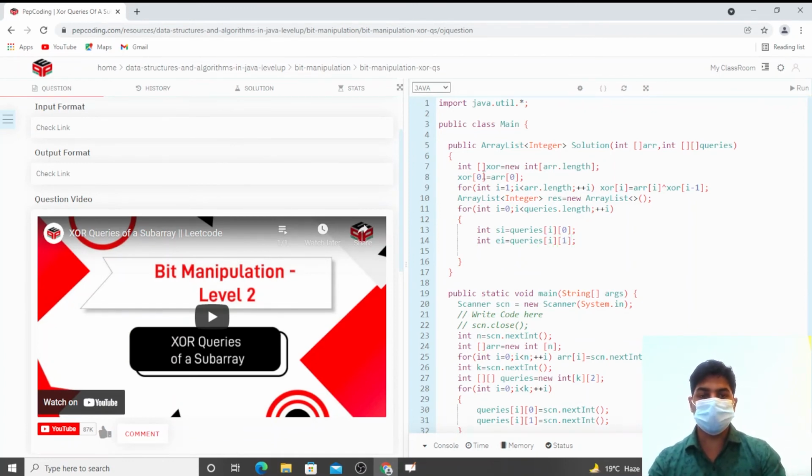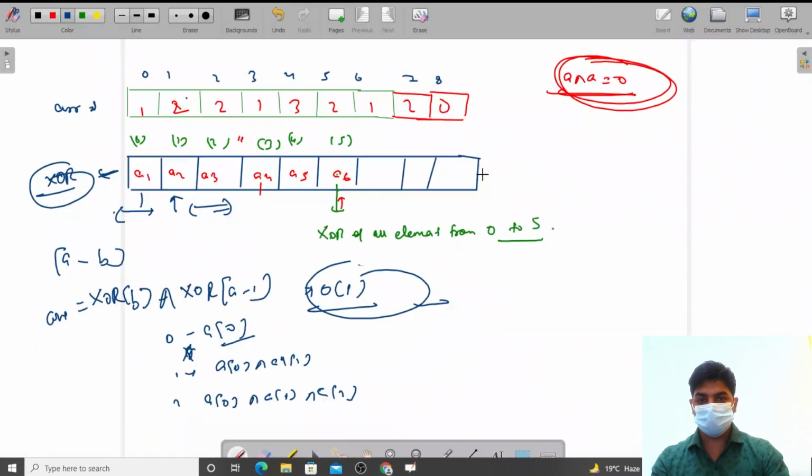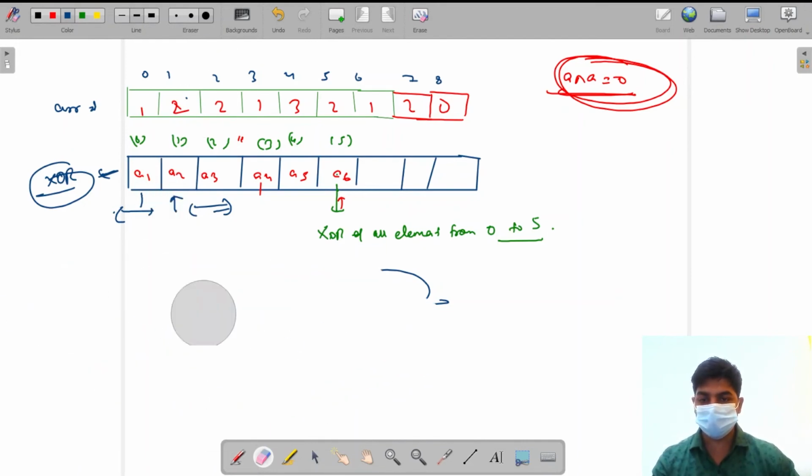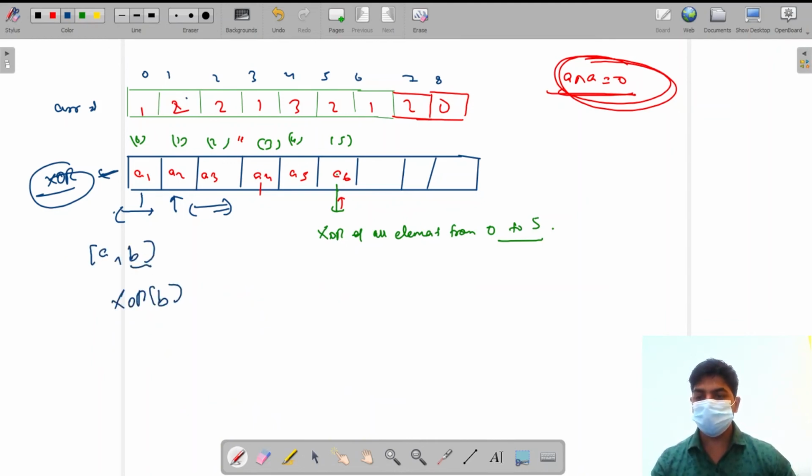Now we want to calculate the XOR in this range. We have just discussed that if a to b is given to us, then the answer is XOR of b XOR XOR of a minus 1.